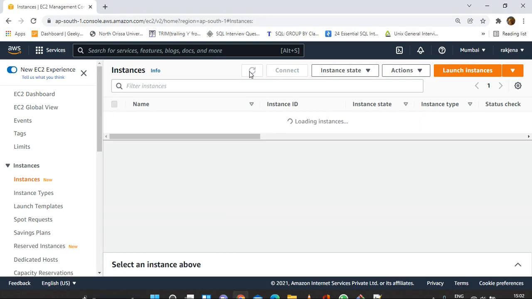You can see there is only one instance running here, so we are going to execute the terraform apply command and we will see the instances being created. I think my internet is a little slow, so it is taking time to load.